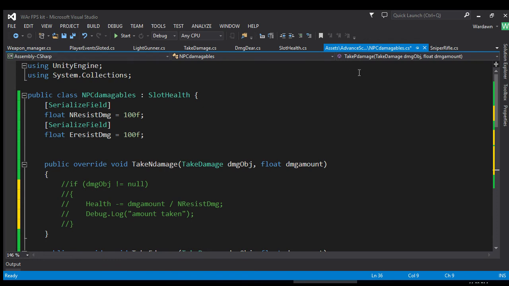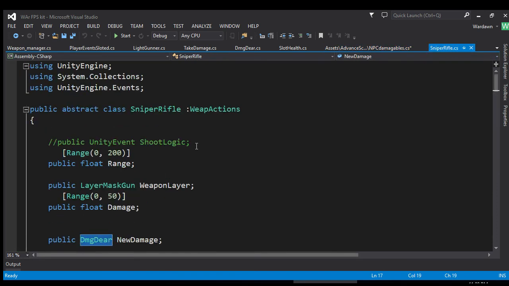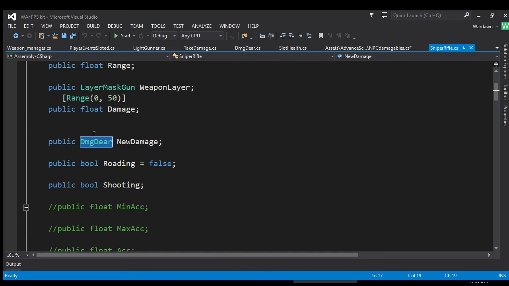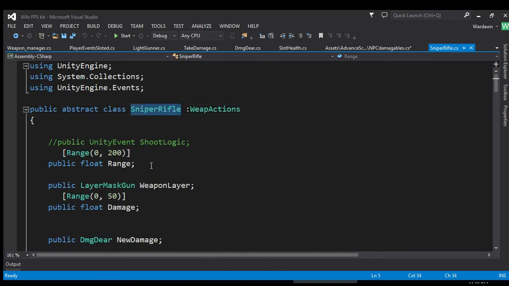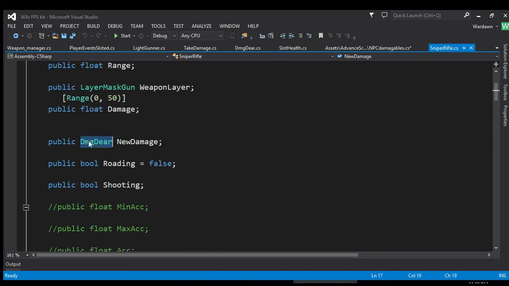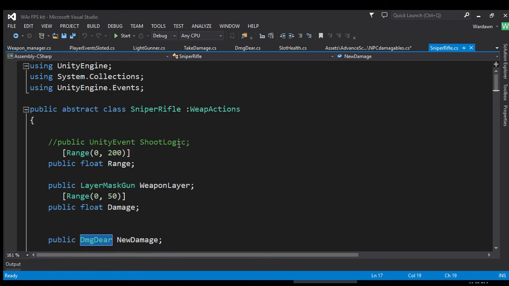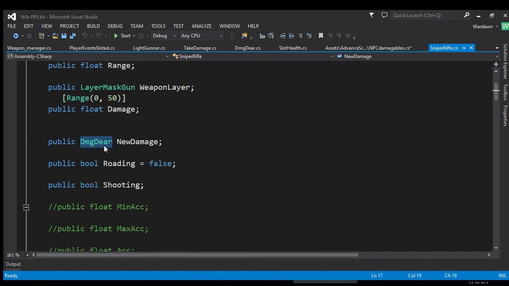As in for the weapon stuff, I put this in the base class for my sniper rifle to use damage dealer, but every sniper rifle will now use this. So the only way that I can get around this is take this variable out of the class,